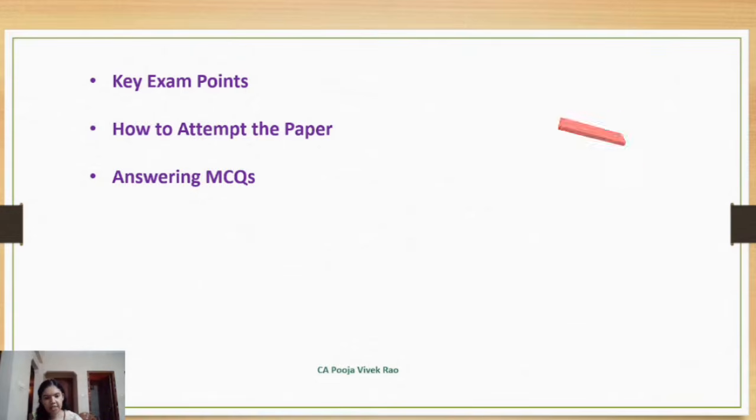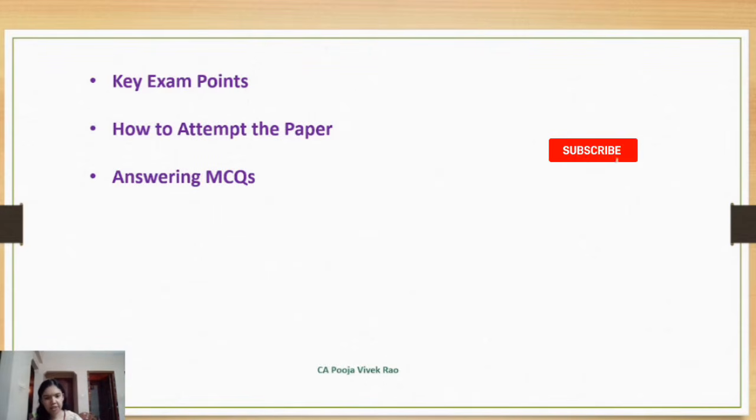So if there is case scenario based MCQ, first read the case scenario thoroughly and then read the MCQ and then see as to from which para of the case scenario the MCQ belongs, and also try to remember the provision based on which the MCQ is given, and then you have to correlate those facts and then you have to arrive at one answer, because in MCQ only one answer will be right, which you have to mark in the OMR sheet.